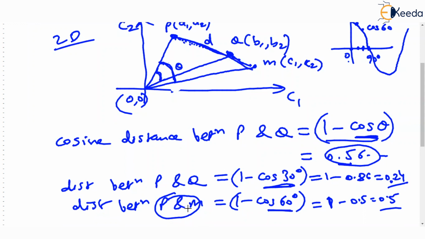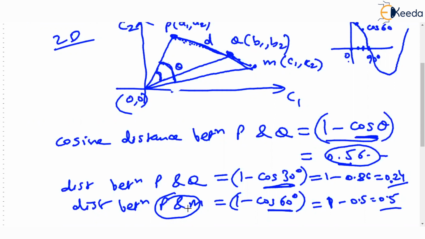So cosine distance is working: for farther points, distance is larger. For closer points, distance is smaller. I mean, what do you want? You want to check who is the nearest neighbor. Somehow, by some method, you want to measure the distance. And for the closer points, the distance should be lesser, and for the farther points, the distance should be larger.